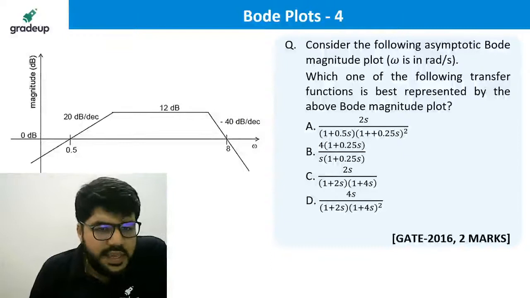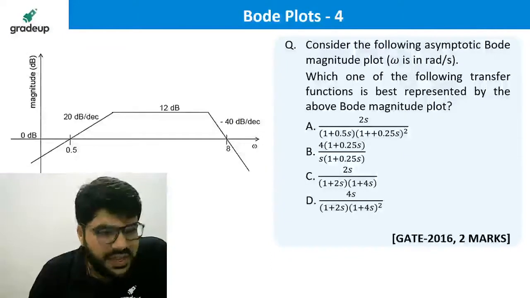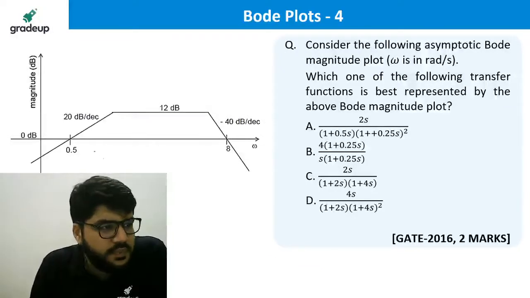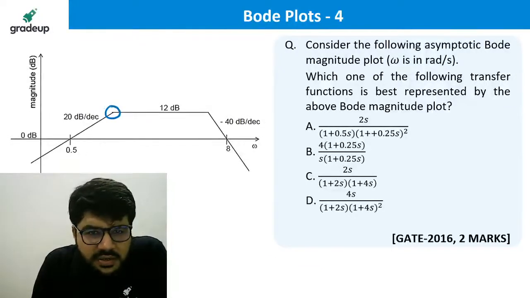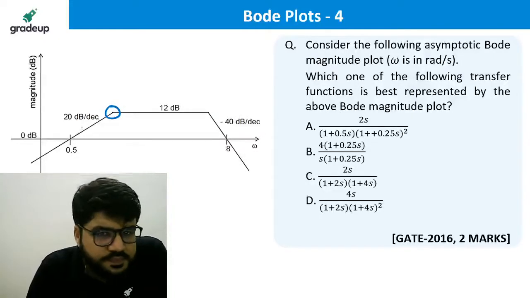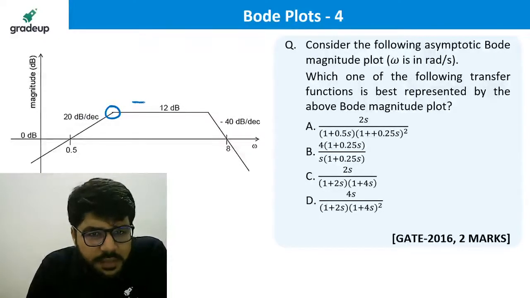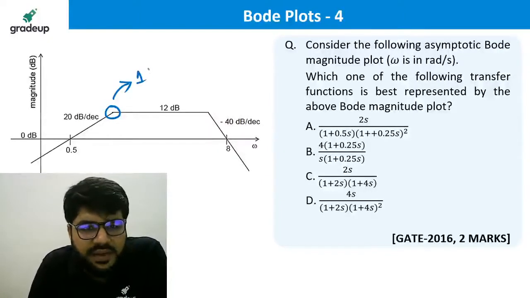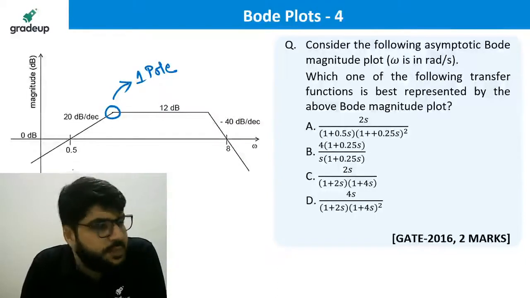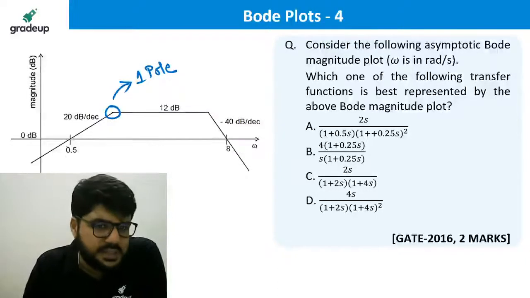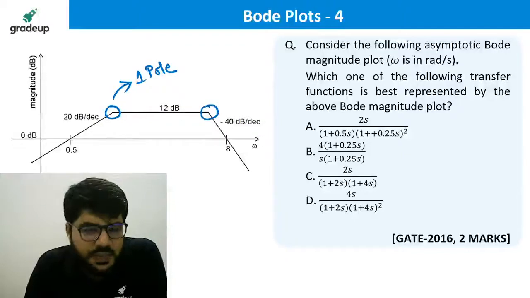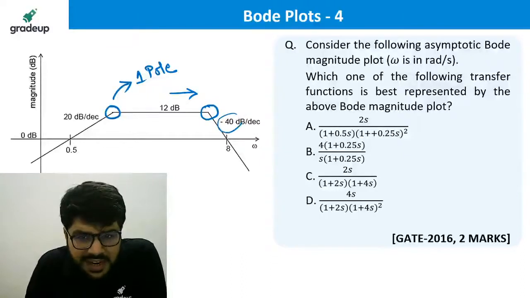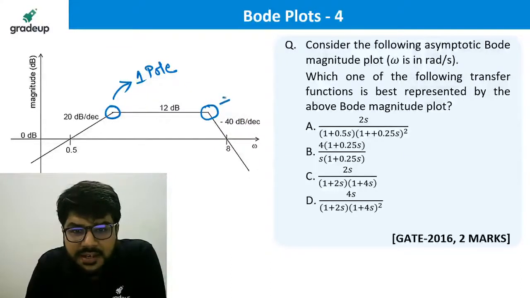Now, without the detailed calculation, I can tell you one simple trick to match the option. Look at this term, guys. The slope is 20 dB and now it becomes slope 0 because it is parallel to the x-axis. The slope decreases by 20, so this should be one pole. Apart from that, look at this one. The slope is 0, parallel to the x-axis. Now the slope is minus 40. Decrease means pole, but decrease by 40, so it is a double pole.